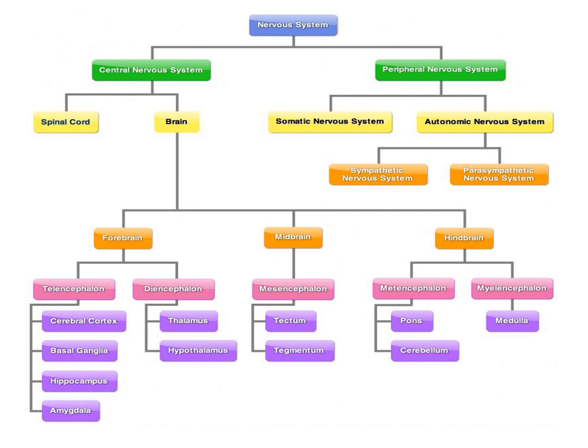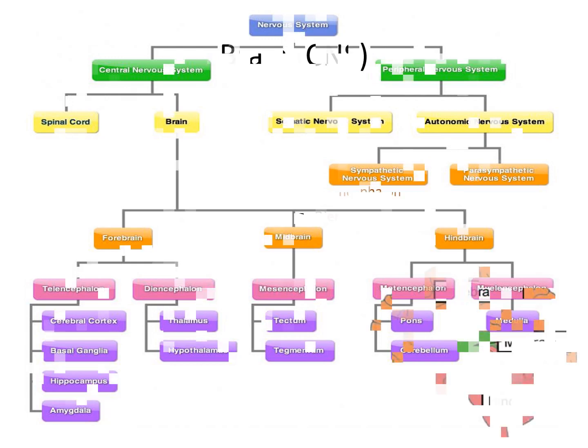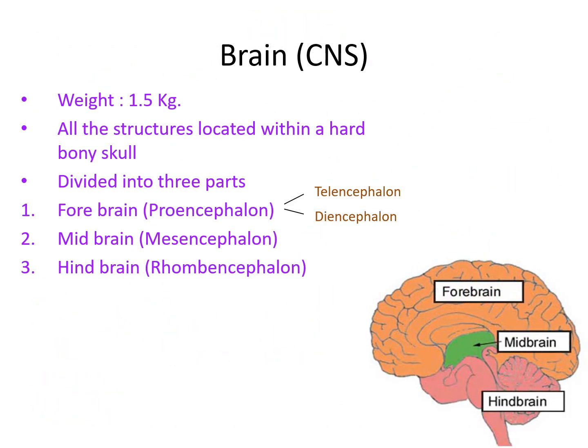Now the brain is again classified into forebrain, midbrain and hindbrain. The somatic nervous system basically supplies the spinal nerves that supply the skeletal muscles. And the autonomic nervous system has two divisions, one is sympathetic, another one is parasympathetic nervous system. We'll move on one by one. We'll finish off the brain first: how it is classified, what the different parts seen in the brain are, and then we'll see what the spinal cord is, and then the somatic nervous system and also the autonomic nervous system.